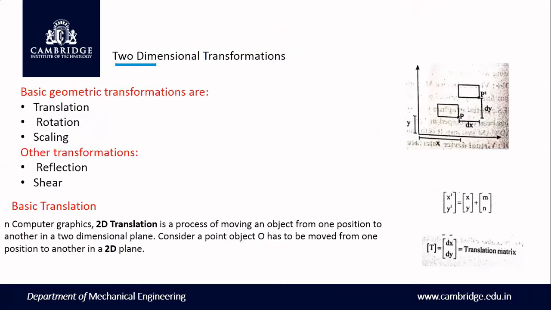Now what is translation? Moving an object from one place to another, one point to another point, is called translation. If you want to do translation, it is an additive type of thing. That is, x plus m will give the other coordinate. X and y is the normal coordinate, that is, a point x and y.